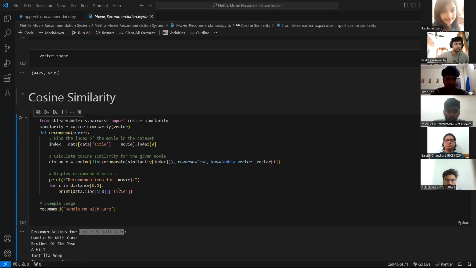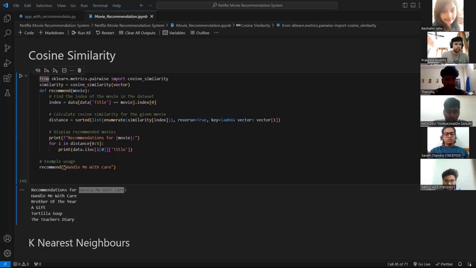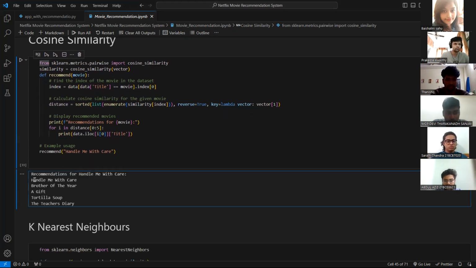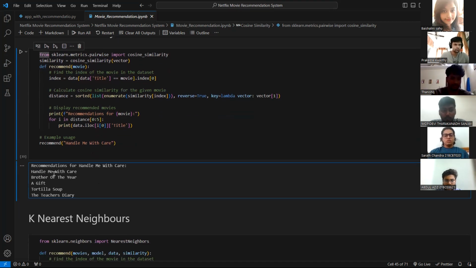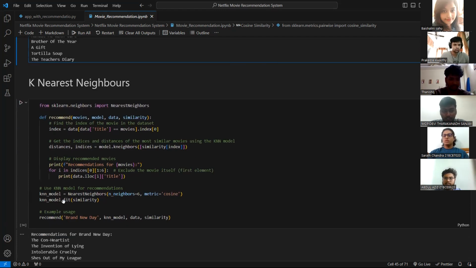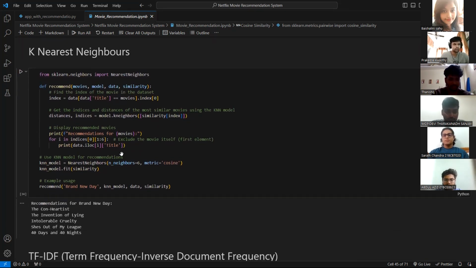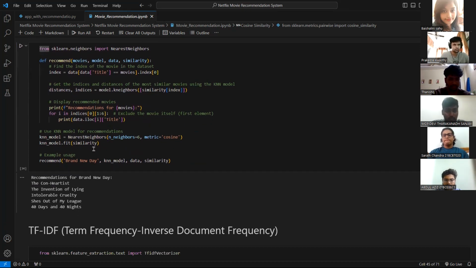We have used cosine similarity for that. Basically, we give a title, and it recommends the titles with the highest cosine similarity to the given title. It displays the top 5. And here we have used k-nearest neighbors, another algorithm, using CountVectorizer only. Even here it gives me the top 5